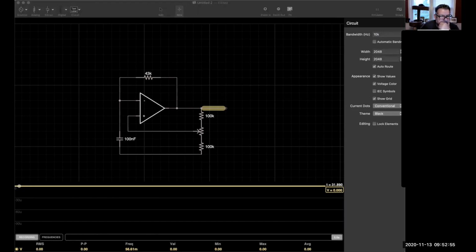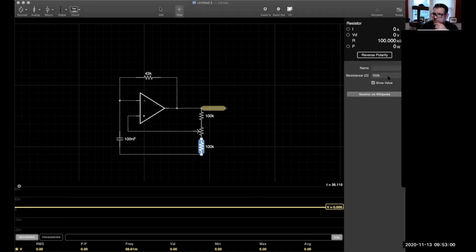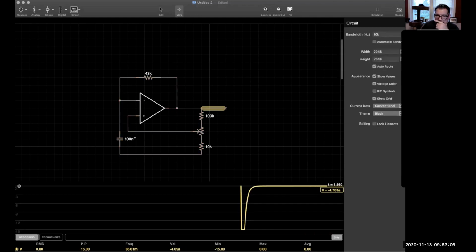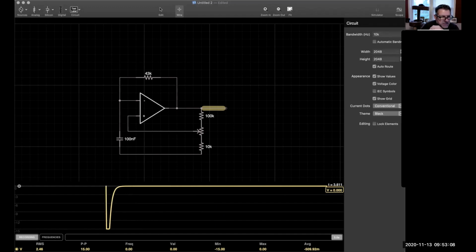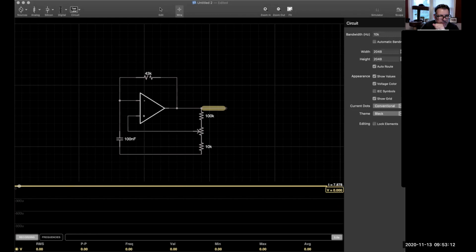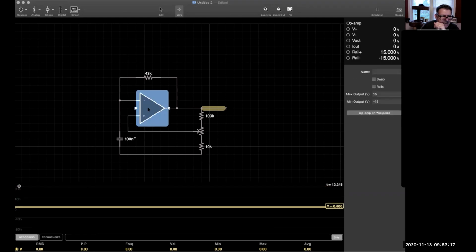So what have I done? 100K, 100K, oh, 10K, the bottom resistor was 10K, not 100. So I look around to see if I've made mistakes, and sure enough, I have. I'm going to turn off the simulator, reboot it. It still goes to 0. I'm actually not surprised by that. I would have been really impressed if that resistor had been the problem. This is 43K, and then here's this and this, and